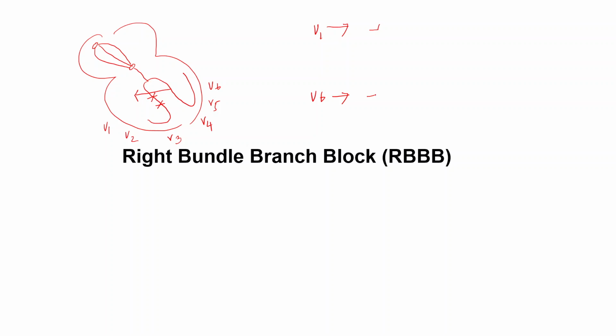Okay. In V6, we will get a small negative wave. Then what is happening? Then there will be a ventricular depolarization, predominantly, first of all, the left ventricle, then the right ventricular depolarization. So